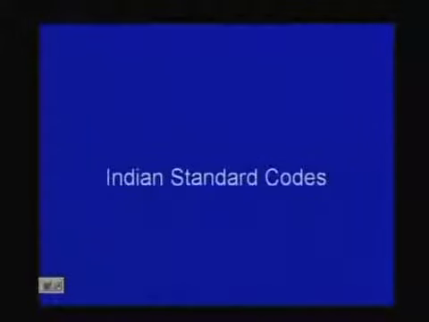Each code has its own number, 1, 2, 3, 4, like that. So can you tell me what is IS 1, Indian Standard 1? Indian Standard 1 is made for a specific purpose, for a specific thing. That is for the national flag. That is for the national flag. Similarly, here we have so many codes,